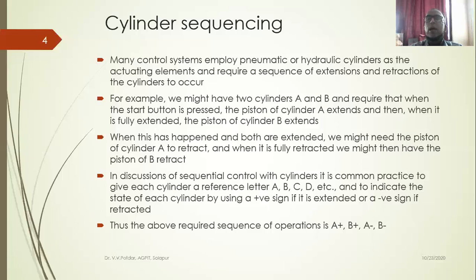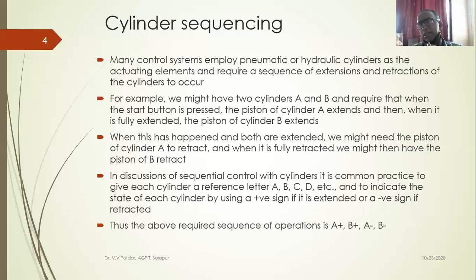So what I can do is have one hydraulic cylinder for gripping the sheet. One piston will actuate force so that the sheet is placed exactly under the punch and die assembly. And after that placement of the sheet under the punch and die assembly, the second cylinder that is actuating the punch should move. So this is the sequential logic. There are many such applications.